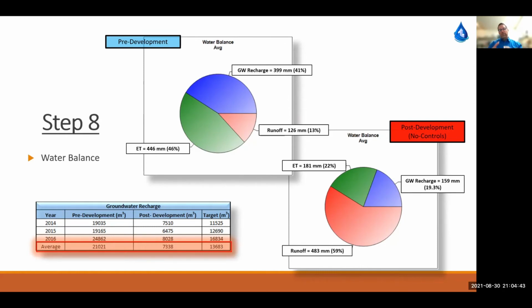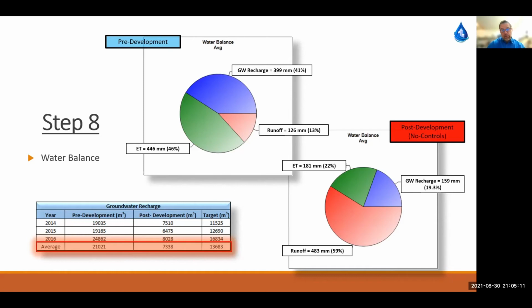So post-development without any type of stormwater management control. You can see in the top pie chart a blue area that represents the groundwater recharge. In this case, 41% of the annual precipitation is captured into the ground and infiltrates. Some of it, 46%, actually,